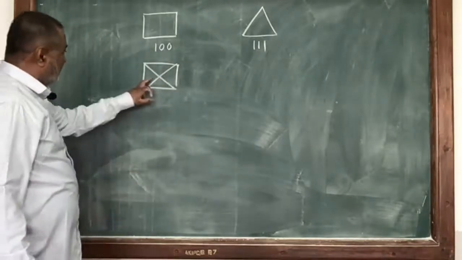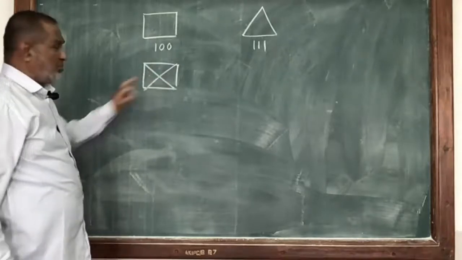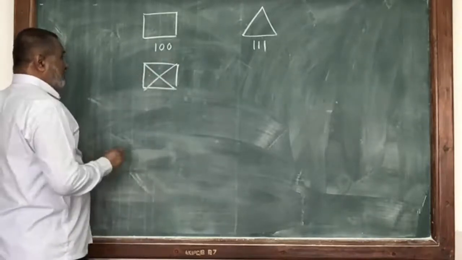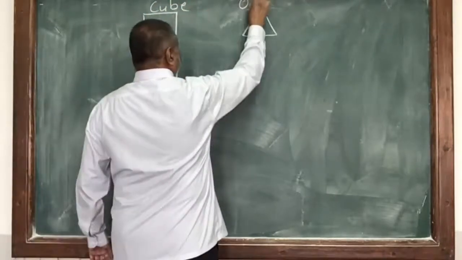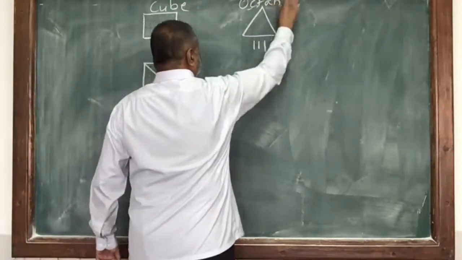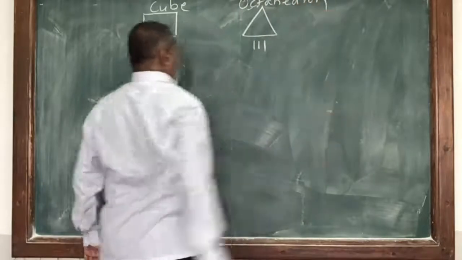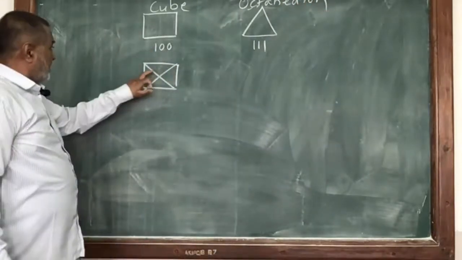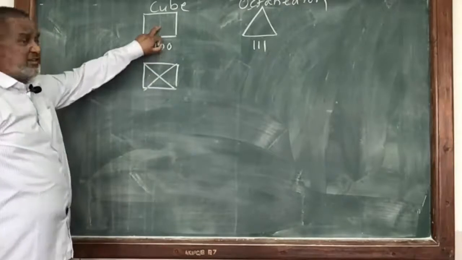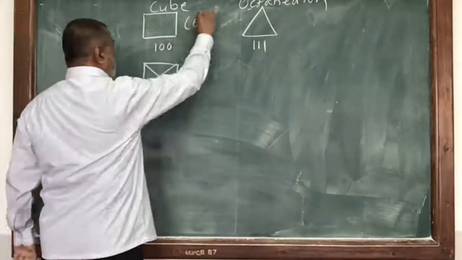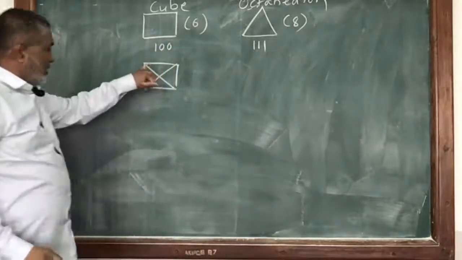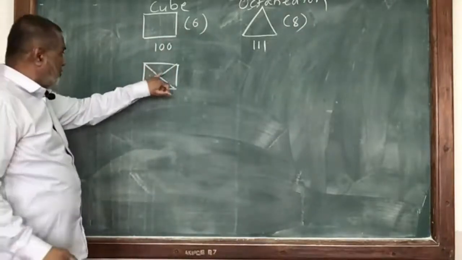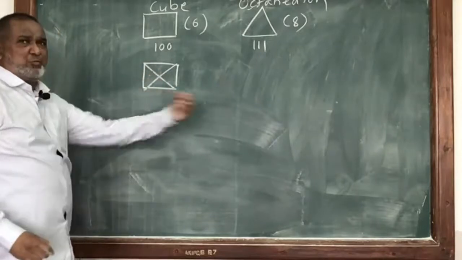So now we have to write down first the name of the smaller face. Here the naming will be different. This is the cube, and this is the octahedron. Now this cube, how many faces are there? 6. There are 6 similar faces. Octahedron, 8 similar faces. Now each face of the cube is divided into 4, and just pull it out.